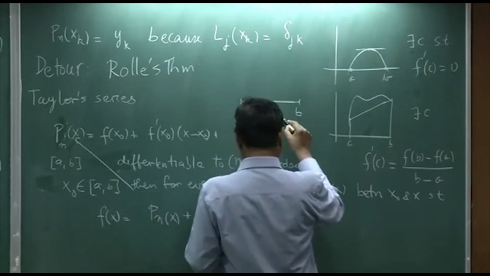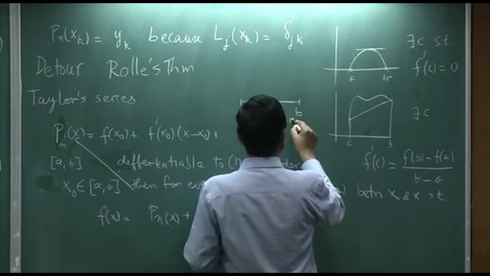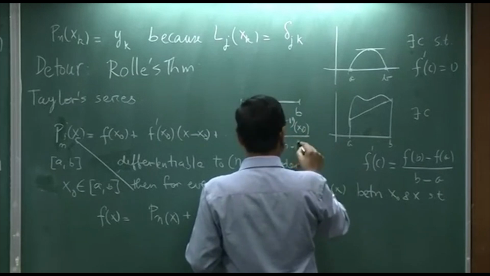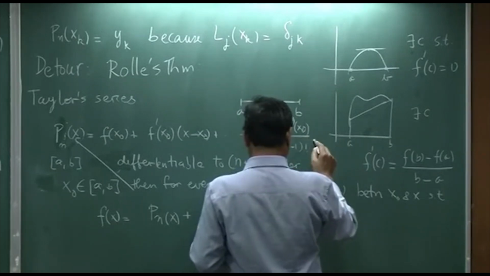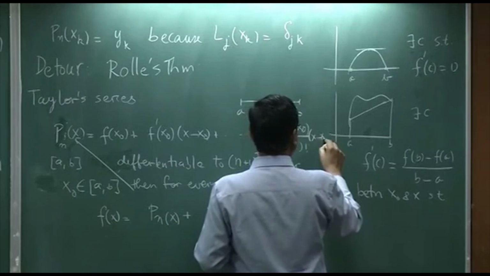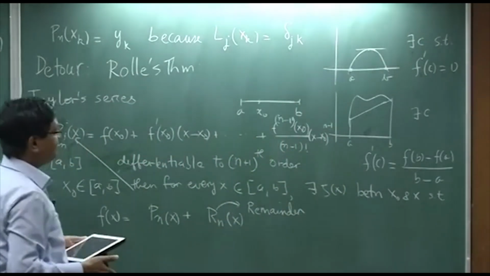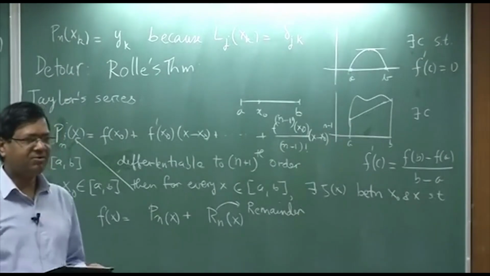So, this is f n minus 1 at x 0 divided by n minus 1 factorial, x minus x 0 to the n minus 1. Okay. So, this is a polynomial of the order, highest power is n minus 1,